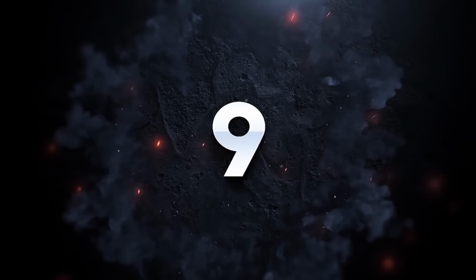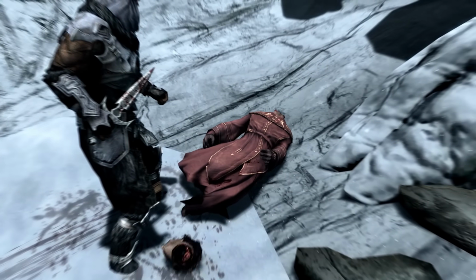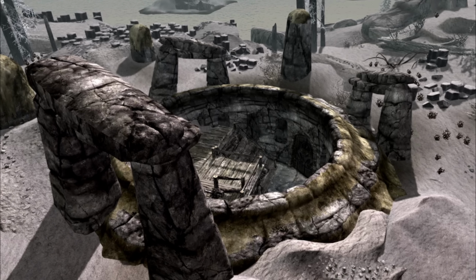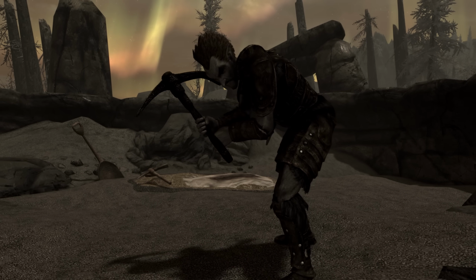Number 9. Hoarfrost. Although most of these weapons' main purpose is to relieve people of their limbs, Hoarfrost was not made for combat, as it's a pickaxe. Just southeast of Raven Rock, you'll find the Kolbjorn Barrow and meet the dim-witted miner Raylis Sedaris, who will begin